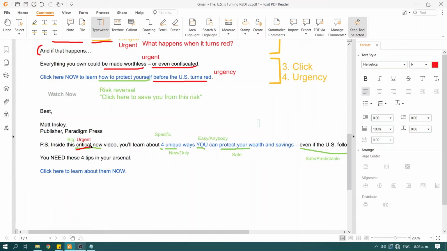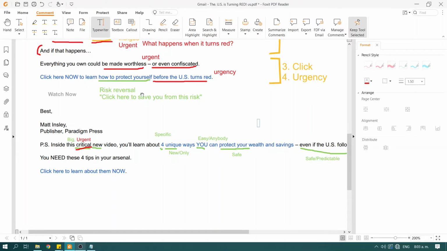You need these 4 tips in your arsenal. Click here to learn about them now. You need. This is intrigue and urgency. Maybe need. Now,